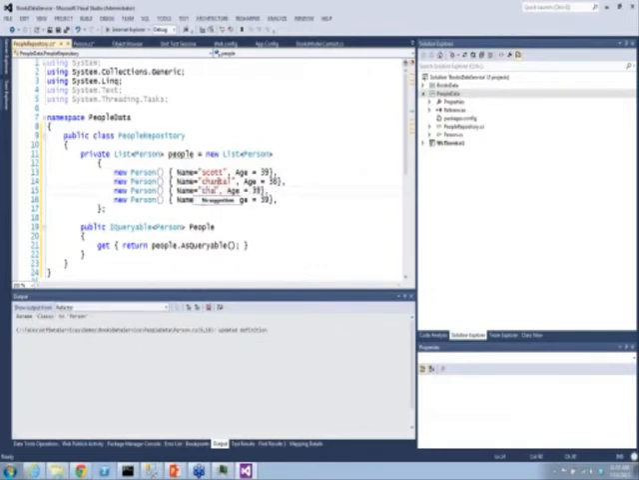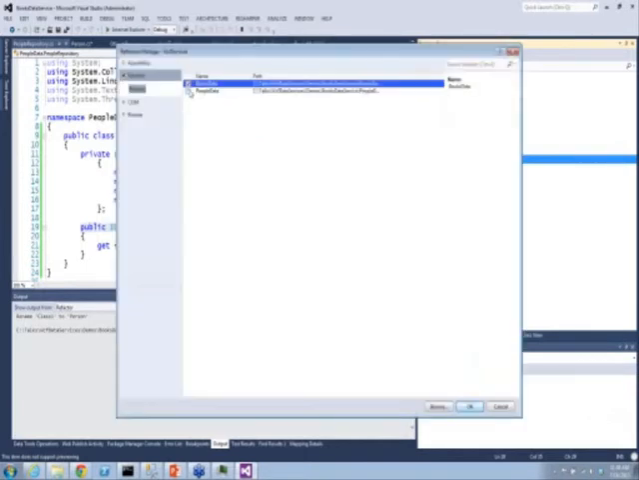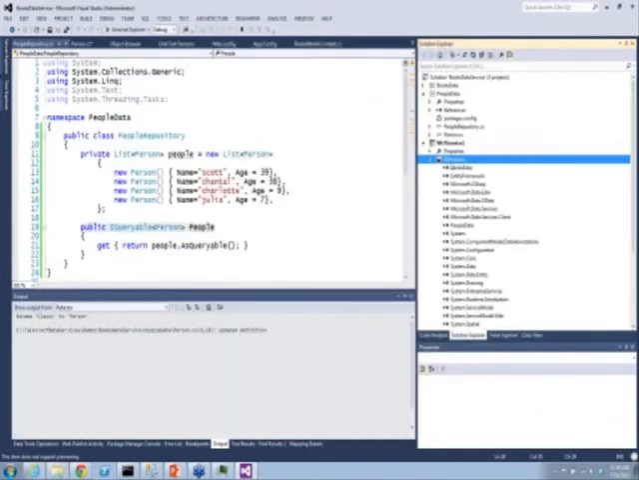And then we've got Charlotte is my daughter. She's 9, and Julia is my other daughter, and she's 7. Okay. So great. We've got our person collection up there. And then the key part here is we have a public queryable of people. And now I can go ahead and add a reference to that people data, and I can go ahead and